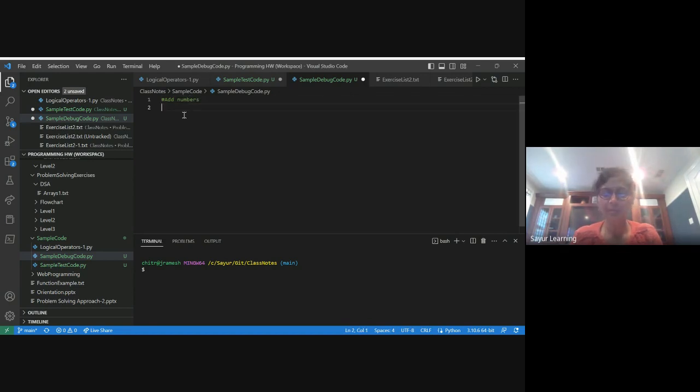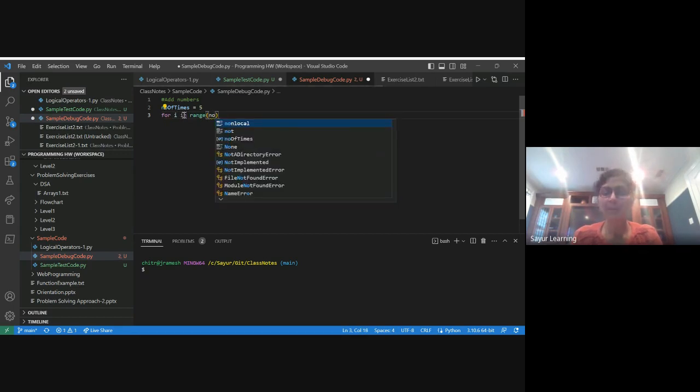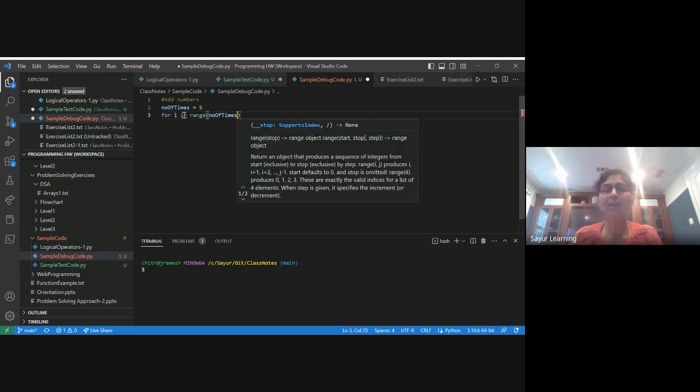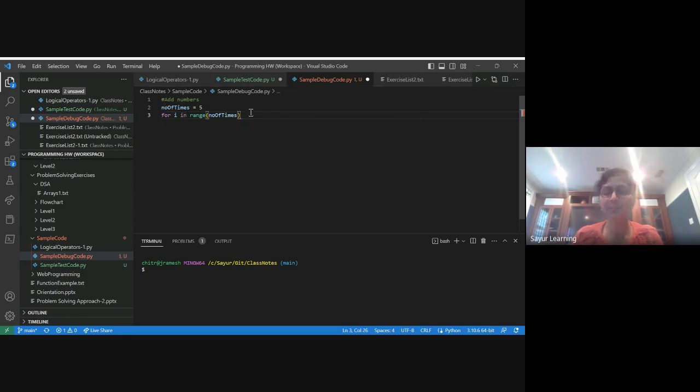Simple code. First, we're going to do it 5 times, something like that. Let's put the number of times, number of times equals 5, and I'm going to do a for loop, for i in range, number of times. So you guys do all this, tab out so that you don't have to type it every time. And let's say I have to get an input, num1 equals